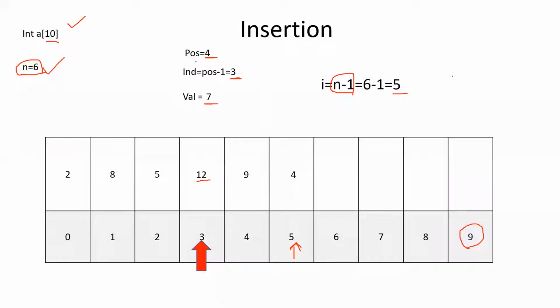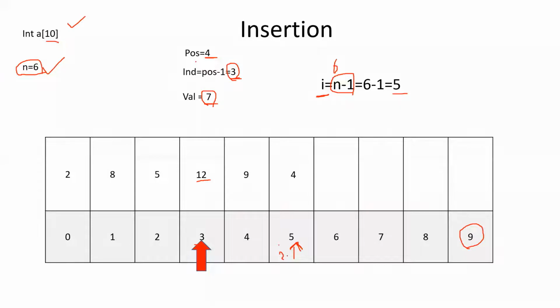Okay, the animation came a little early. I will be pointing to n minus 1. This other arrow is pointing to the position where the number 7 has to be inserted. It has to be inserted at the index position 3. That's what we are pointing to here. Now what I am trying to show is the I value will be set to the index position n minus 1. If n is the number of elements, 6, then 6 minus 1 will be 5. Our I will be starting from index number 5. 6 minus 1 is the position from which we are going to start the I value.